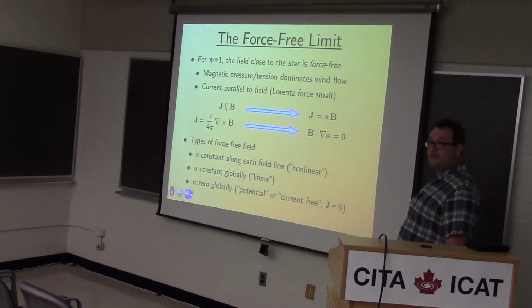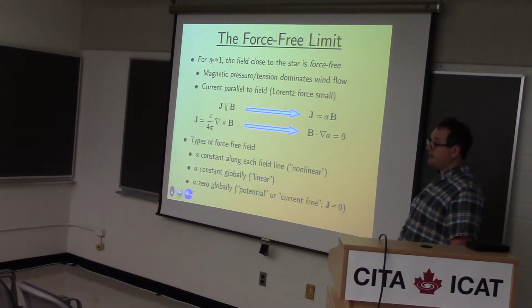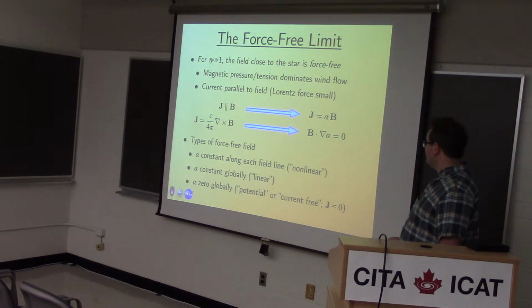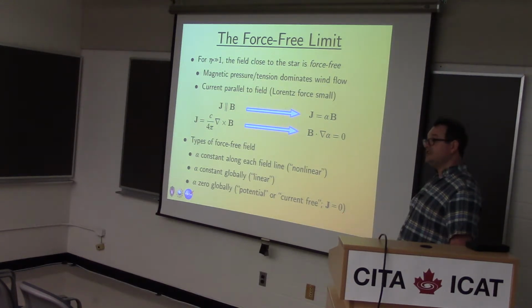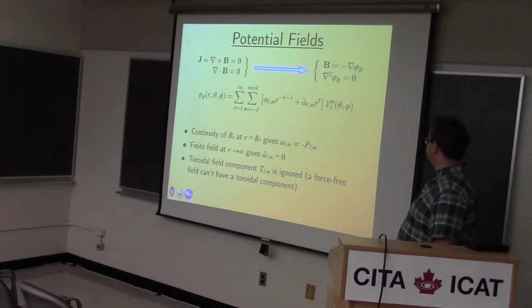which is also a potential field. It's a field where the magnetic field vector can be derived from the gradient of a scalar potential. So it's kind of analogous to electrostatics. So I'm going to talk mainly about these current-free fields. The situation's probably somewhat more complicated than that, but that's a good starting place. It's certainly how pictures of the sun's magnetosphere were first put together. Initial attempts at modeling the solar magnetosphere were based on these current-free potential field models.